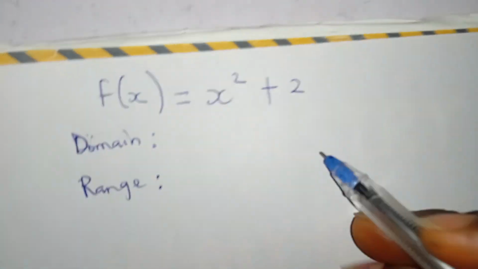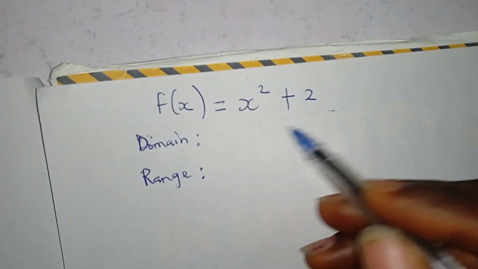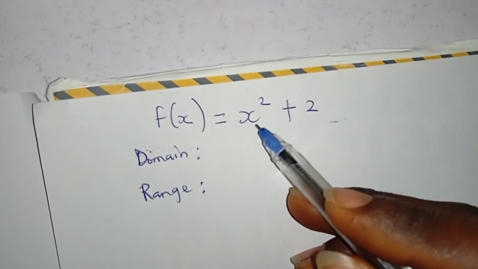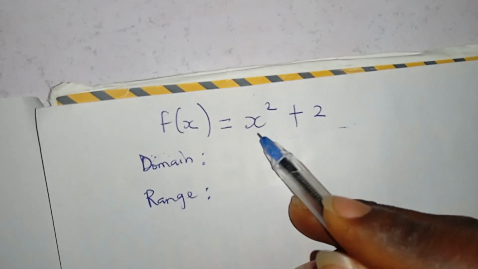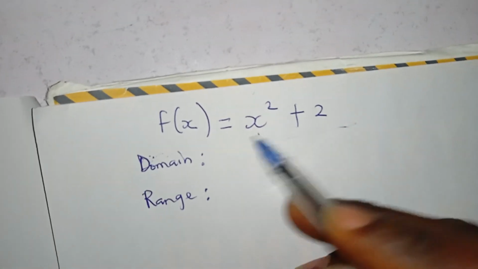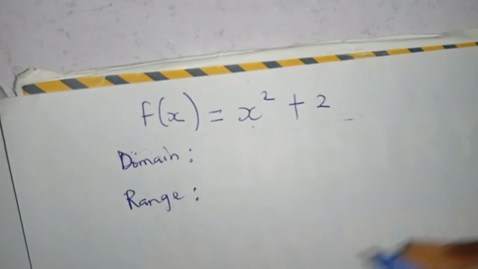Now, looking at this expression given to us, they are not telling us to solve anything when we are looking for the domain. They are simply asking us, what are the possible values that if I put for this x, this value will still be defined? And you know that being defined means it can still work. When it says undefined,